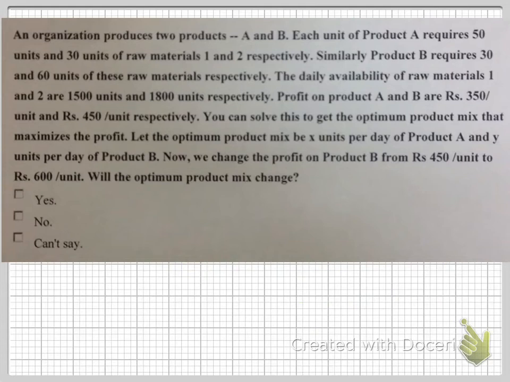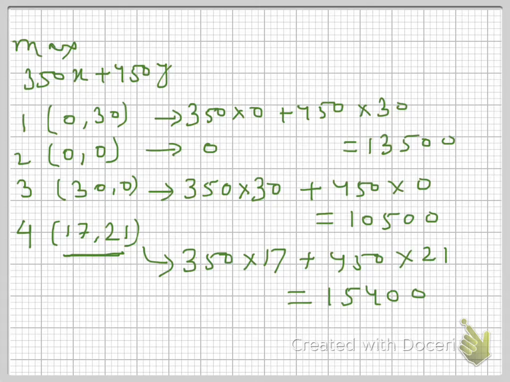The question says that the profit on product B is changed from rupees 450 per unit to rupees 600 per unit. Will the optimum product mix change? That is what we want to find out. Profit on product A remains the same, that is 350, and profit on product B, this 450 changes to 600. The maximum profit will still be at one of the extreme points. So let us see, if this 450 becomes 600,